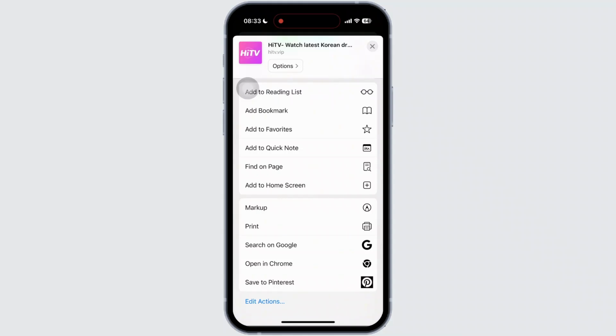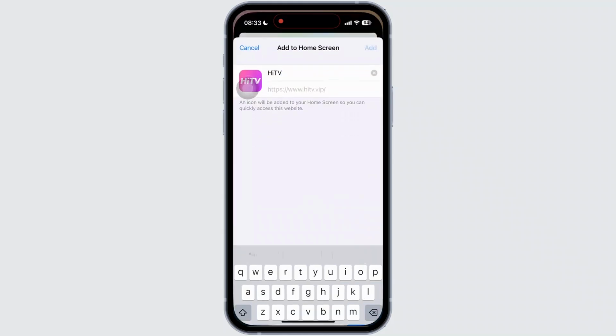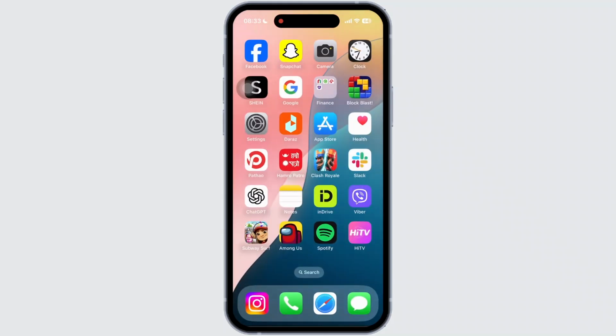and what happens is it will add this app to your home screen. Now you can rename it, but I'm keeping the username, and that is it. You can simply tap on it and it will get you through the HITV app when you are connected to